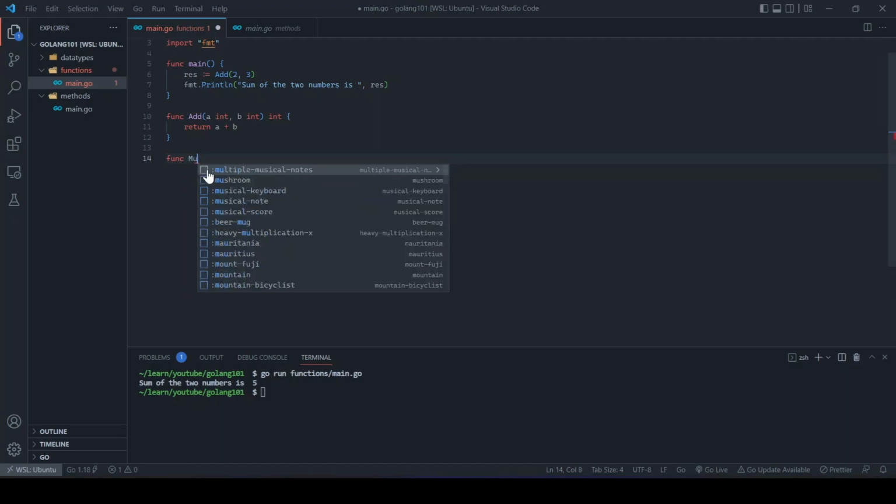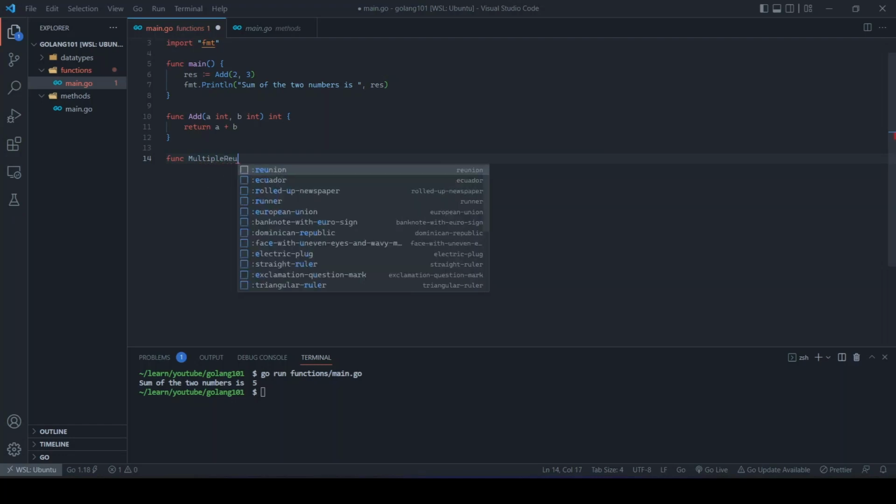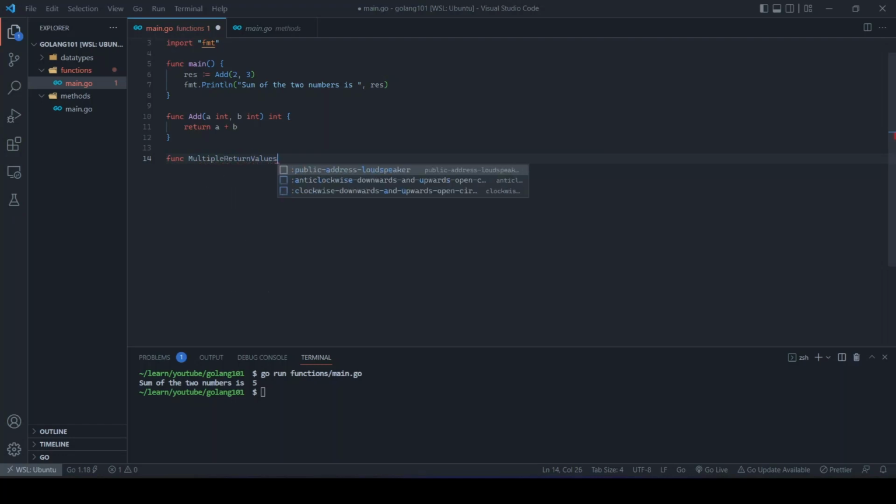So I will call something called multiple return values as the function, which doesn't take anything, but let's say it returns a string and an error. Okay, so string and an error. As I said, if there are multiple return values, you need to put them in brackets,